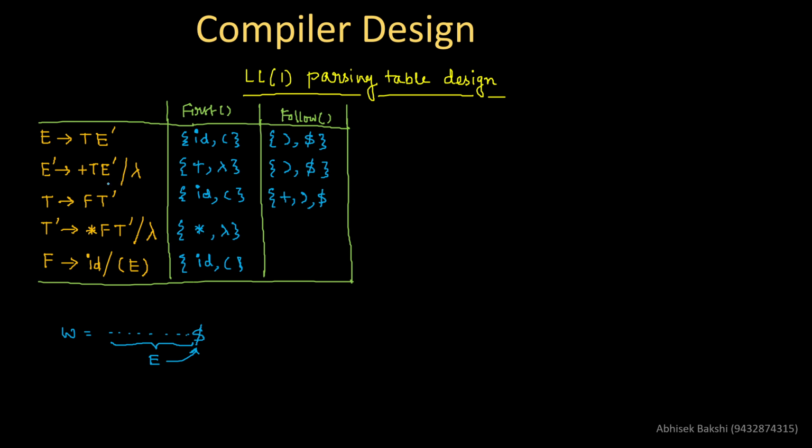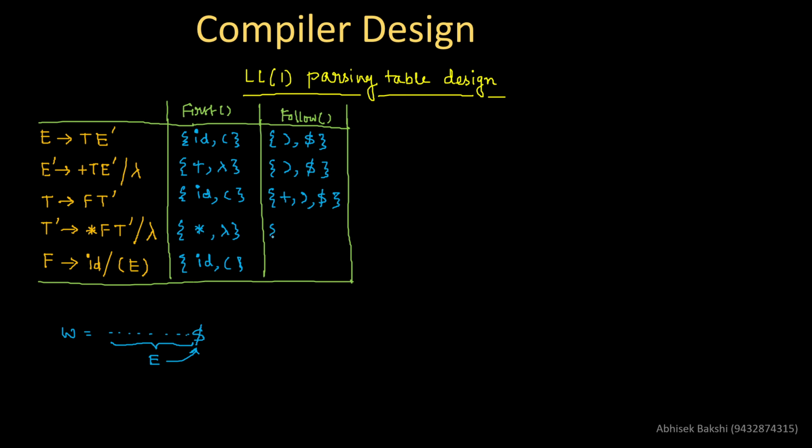Now in this second production rule, if I vanish E dash, then also T becomes the rightmost character of the RHS, and then follow of T according to this production rule should be equal to follow of E dash, and here follow of E dash is actually the same thing. So definitely I will not repeat the same character in the set again. That means follow of T is equal to only these three.